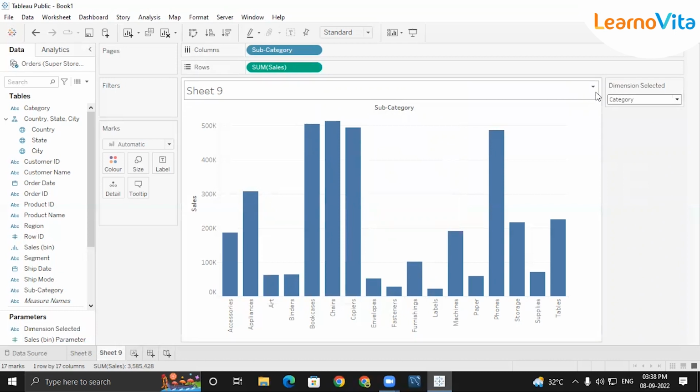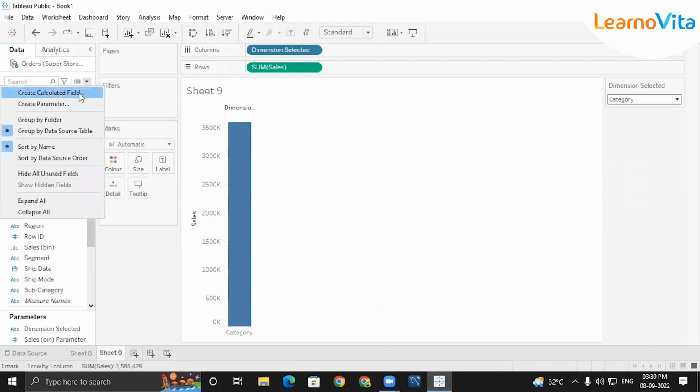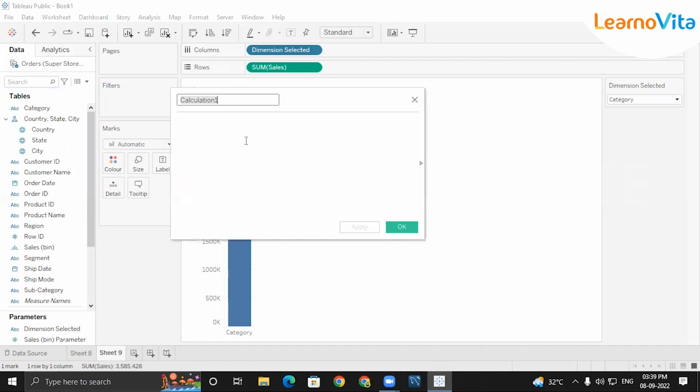So let's remove this subcategory and put this dimension selected. One second here. Am I getting anything? No, right? Why? Because I have just generated this parameter. I haven't connected it with my data yet. So how can we connect? Using a calculated field. You know how to create a calculated field. Click on this drop down button, and the very first option is calculated field. So now let's name it